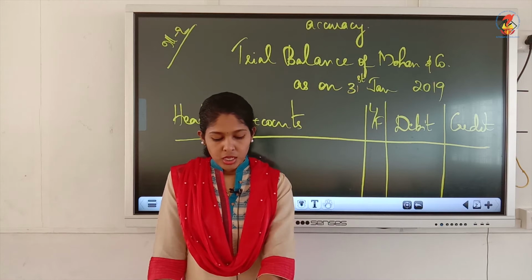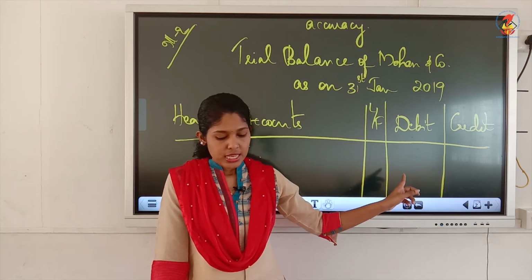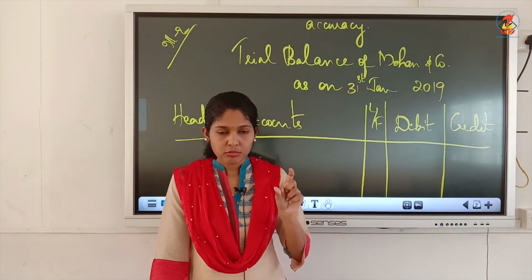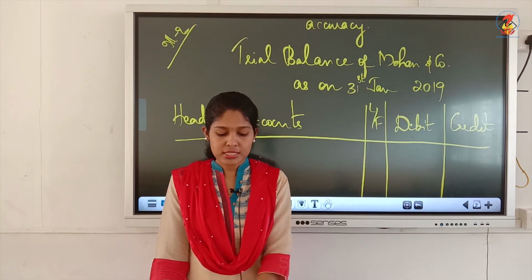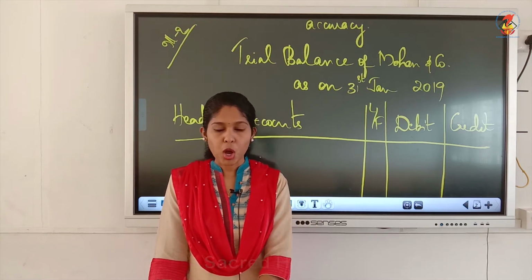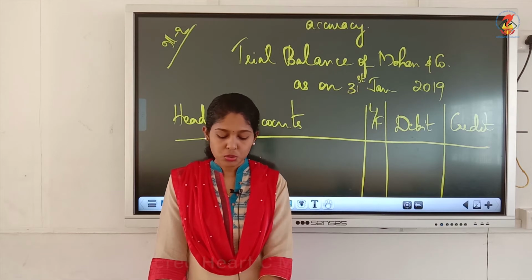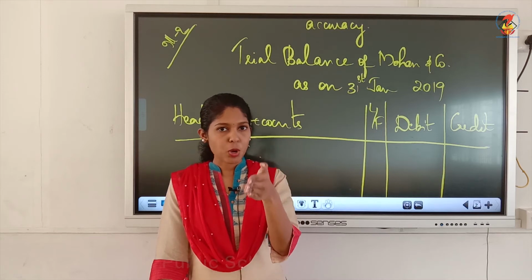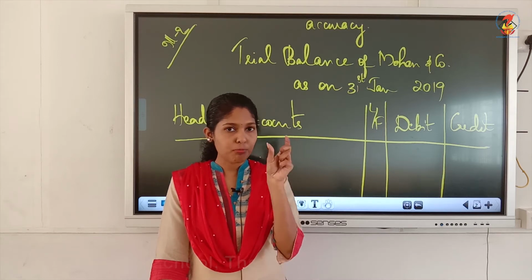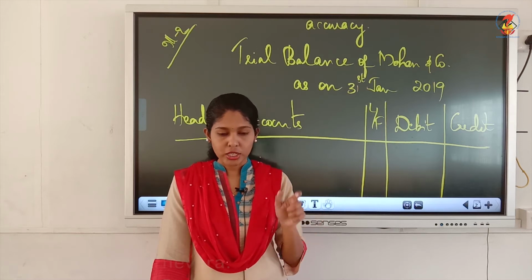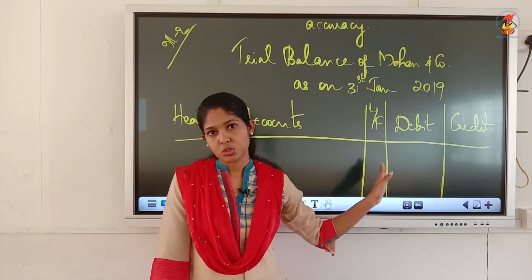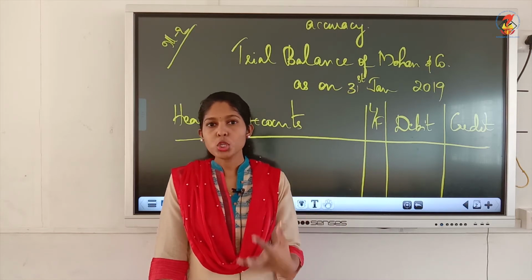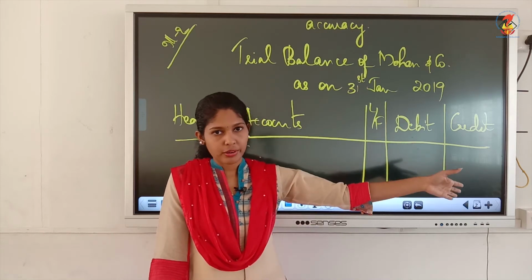Then the amount you have to write, and we have two columns, either you have to write in debit or a credit column. For that what you have to do is look into the first ledger, that is in page number 13.11. Did you see cash account there? On the debit side they have written to balance brought down, the final figure. Did you see the final figure, brought down figure on the debit side, 44,560? So that's the amount you are going to write. The balance brought down or carried down, both will be same. That amount you will have to write either in debit column or credit column.